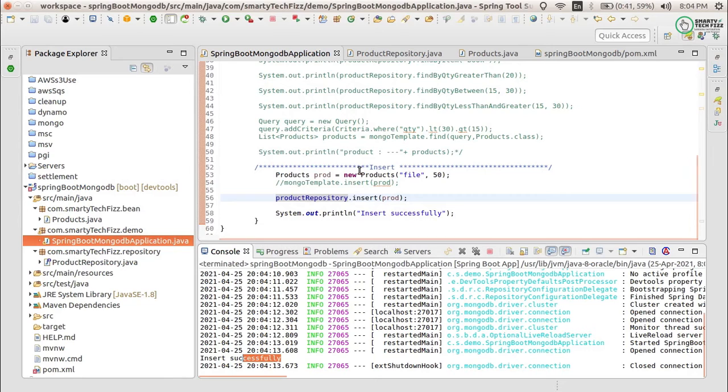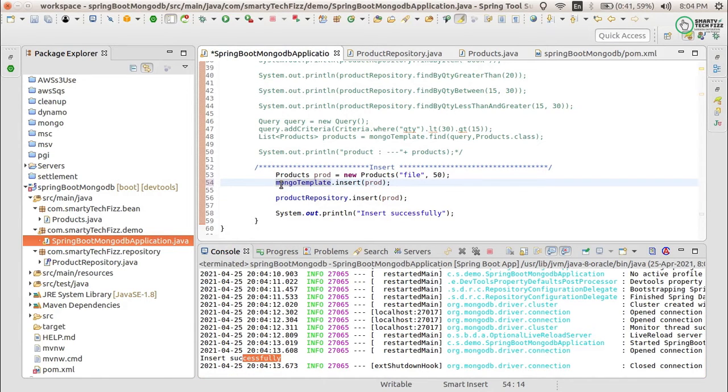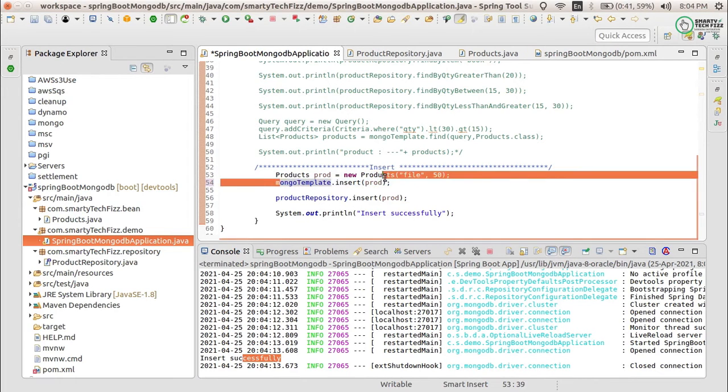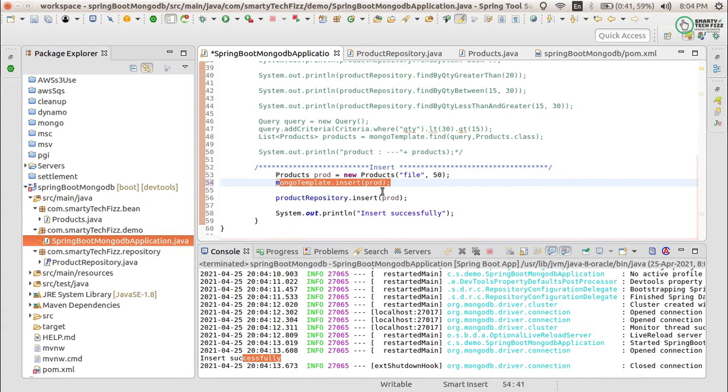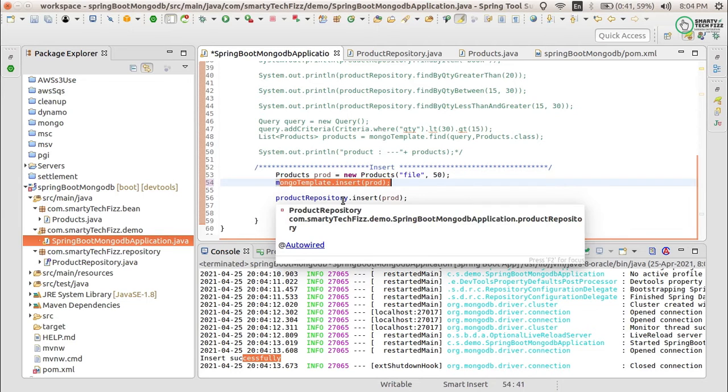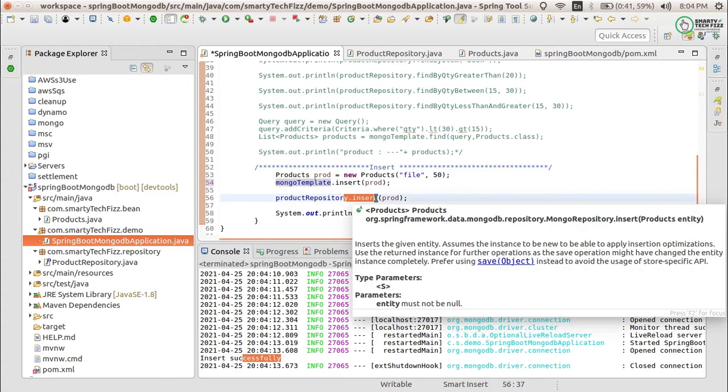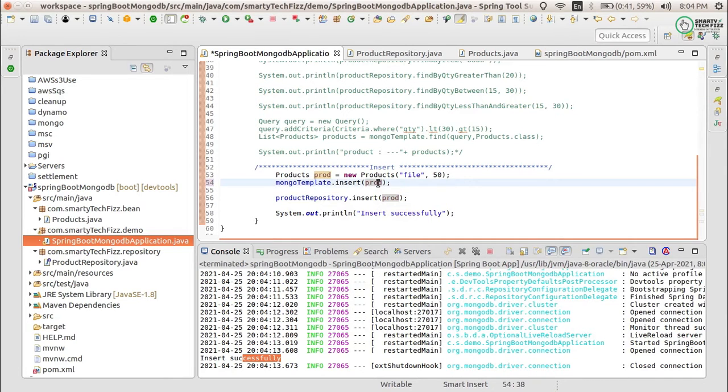Now there is a question: what if we want to use both insert operations at once? In that case, it will insert with the first operation, but it will give you a duplicate key exception for the other insert, because we have used the same object. While inserting the object, it takes the object ID as the underscore ID field, and it will be the same for both of them.